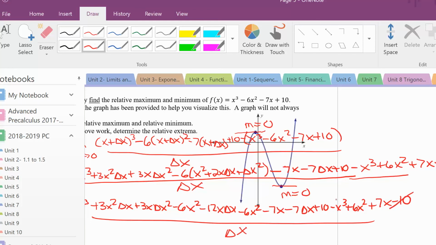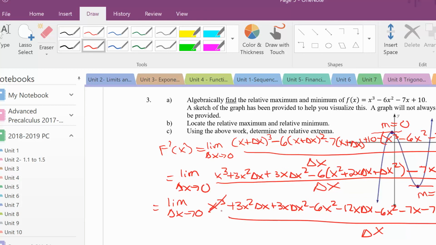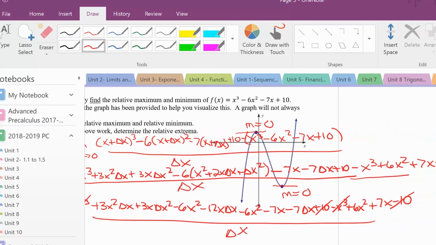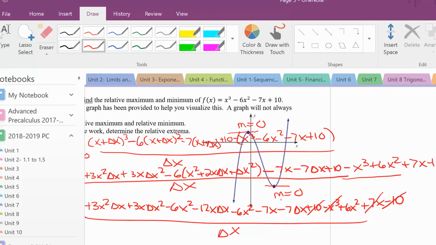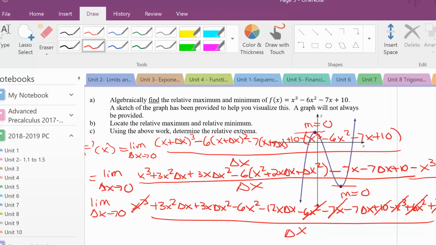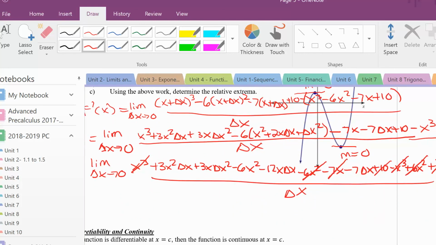If you notice, the 10s cancel, the x to the thirds cancel, the 7x's cancel and the 6x squareds cancel. So when you take inventory here, you have 3x squared delta x plus 3x delta x squared